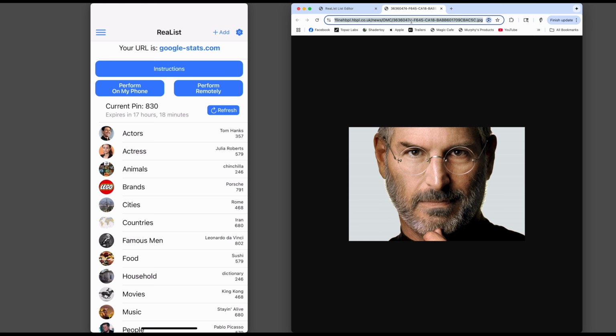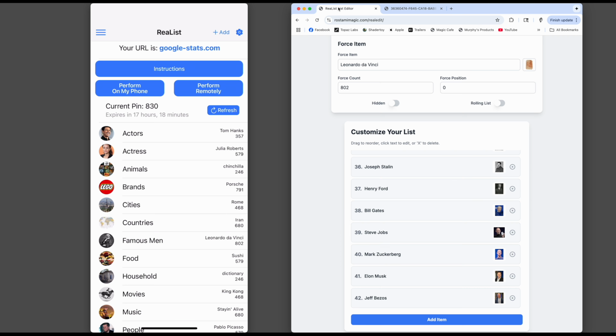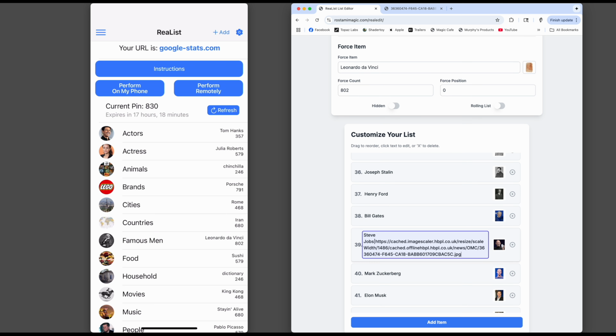And so now I can copy that URL, come back into the ReaList editor, tap into that Steve Jobs entry field, or the edit field, use the pipe character, and now I'm going to paste in the one that I just took from the URL. And now when I hit the tab key, or if I just simply move to another item on the list, take a look. There is now the image, that exact image that I wanted, that's going to represent Steve Jobs